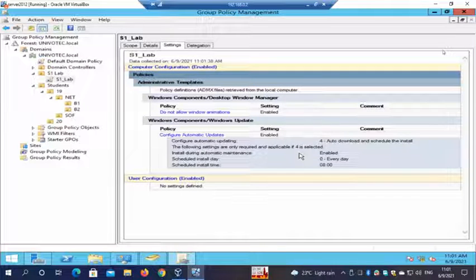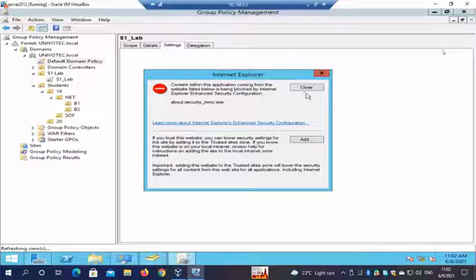Now you see it shows me whatever changes I have done. Now it does not show the default ones, right? The default ones also apply here. So that is this one.